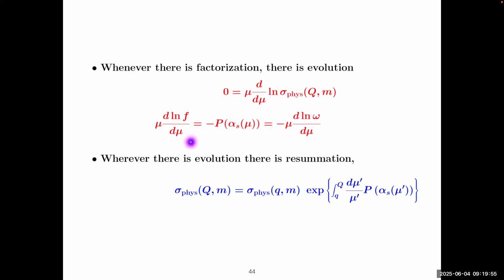And that these derivatives can only depend upon the variables that are held in common between the short distance and the long distance. And the variables that are held in common are dependence upon mu through the coupling, alpha s of mu, and also, in general,